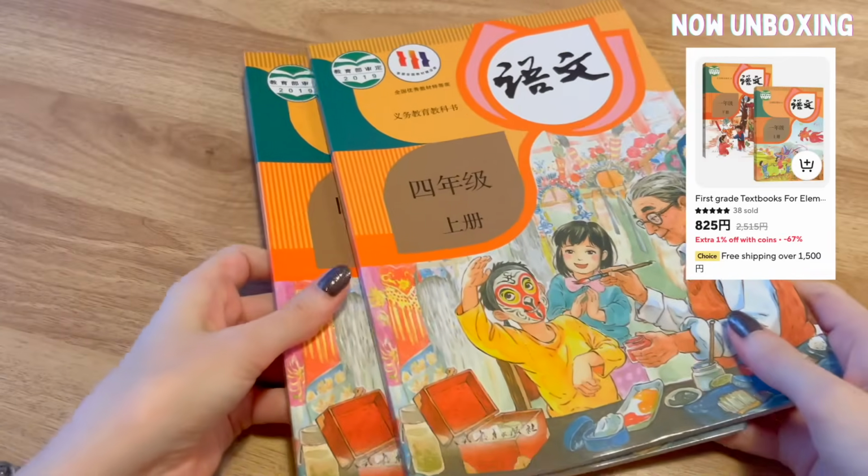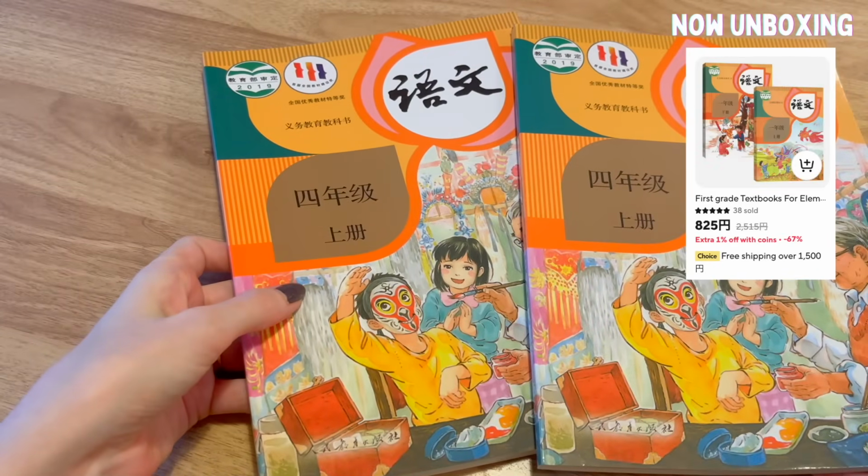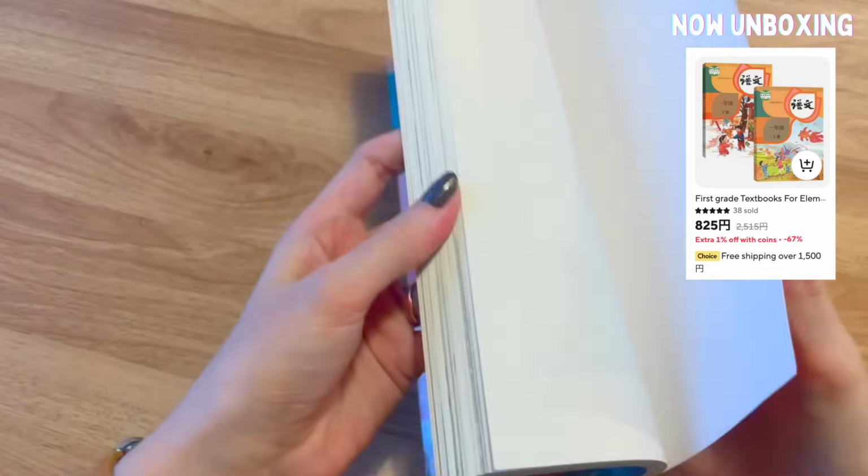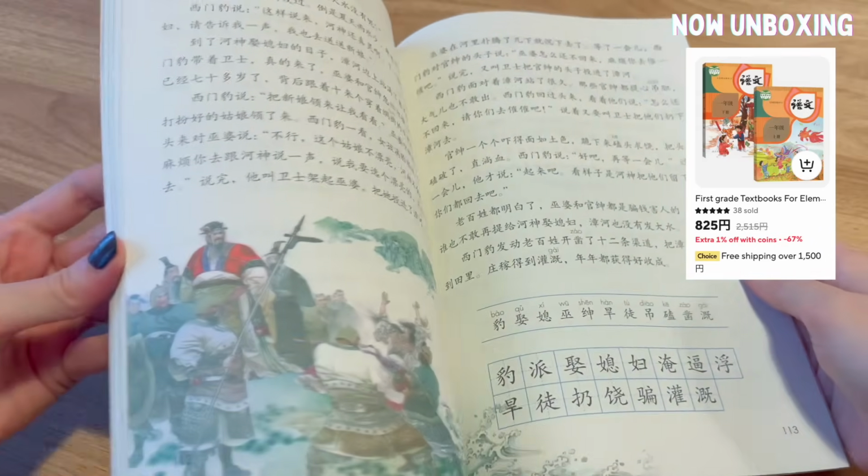Then I've got these books, which are Chinese textbooks, meant for the 4th grade level Chinese class. And the catch is that I've got 2 of the same actually, because I didn't realize that these were bundles of twice the same textbook. So I will be giving one of these practice books to my tutor, because obviously I don't need 2 of the same textbook. And so I've skimmed through it very quickly, and I can tell you that this is meant